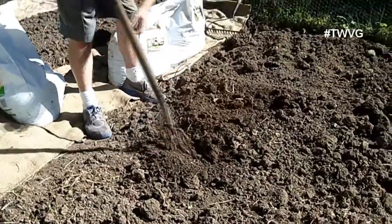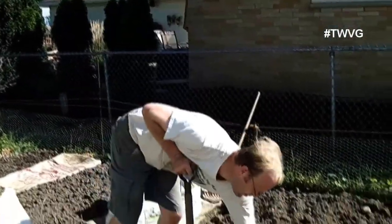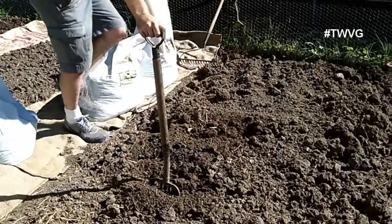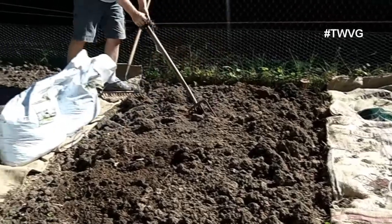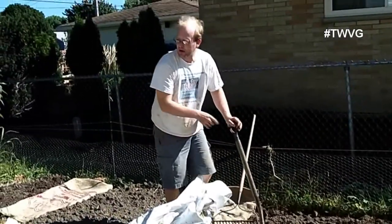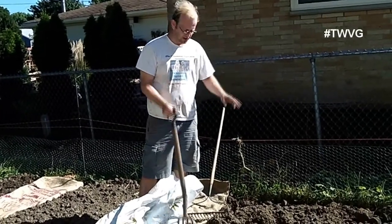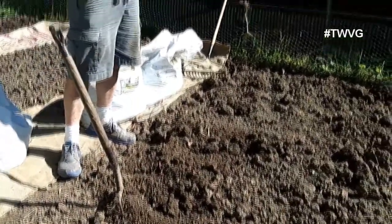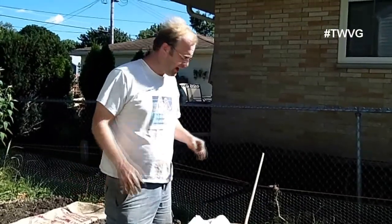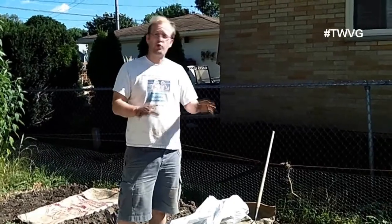Okay. So Holly and I got this bed worked up here, and you can still see a few grass pieces here, and I got a rock down here. But for the most part, it's not bad, and our plan is just to leave it. We're not going to try to get it all fine and break all the clods up. That'll happen over time with rain. But now that we've got all this done, and we've got as many roots out of it as we can, which we've talked about is so important in a raised bed,